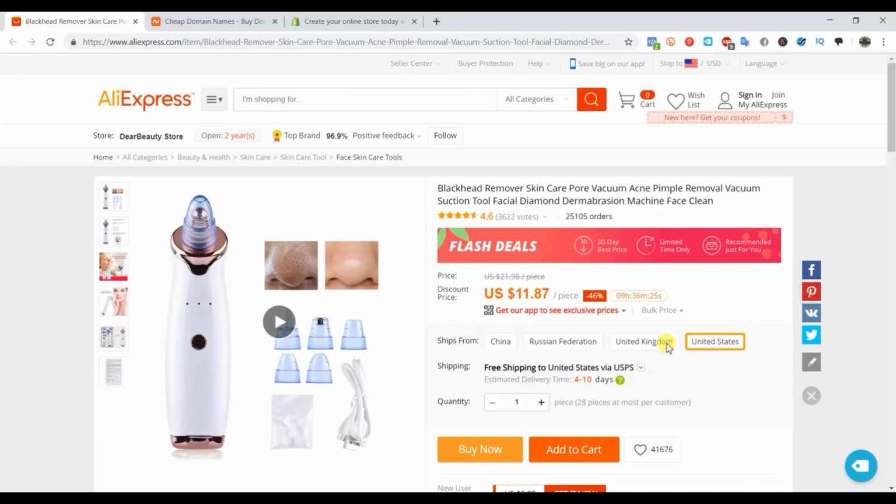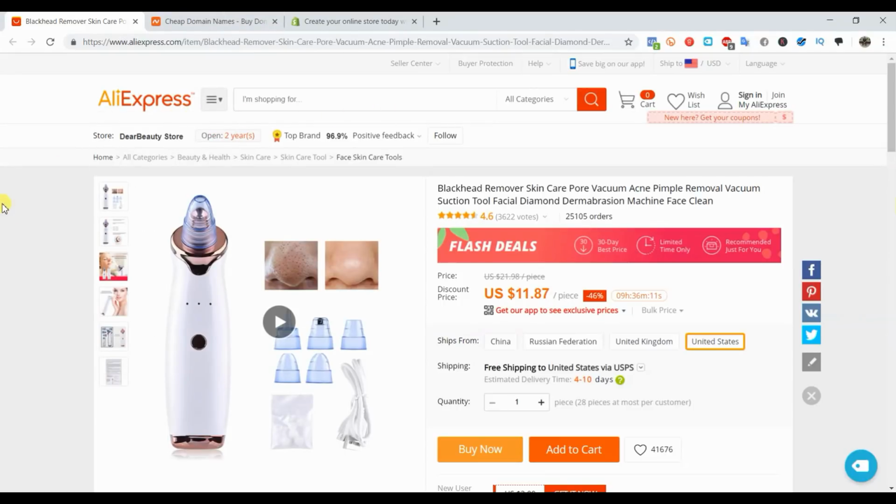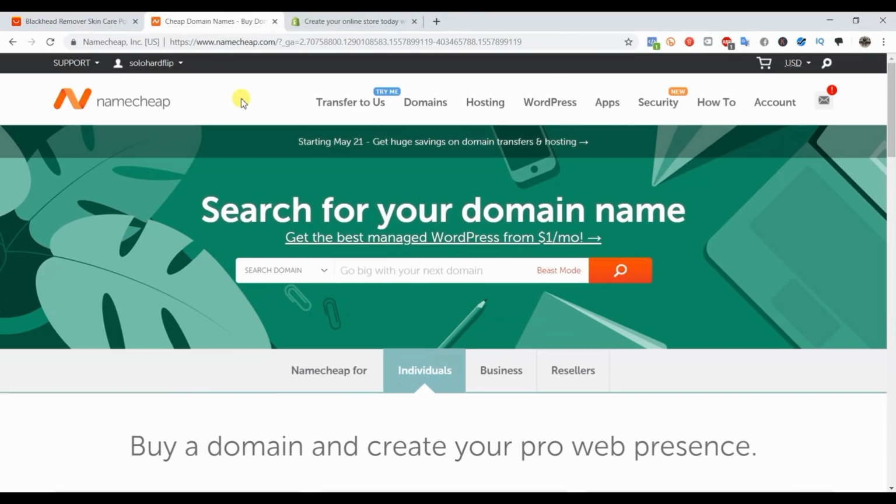So we're going to use this product to build out this store here. The first thing we need to do is select our brand name. So once we have the product, we need to think of a brand name that we can use to sell the product. To do this, we're first going to head over to namecheap.com, and this is where we're going to get our